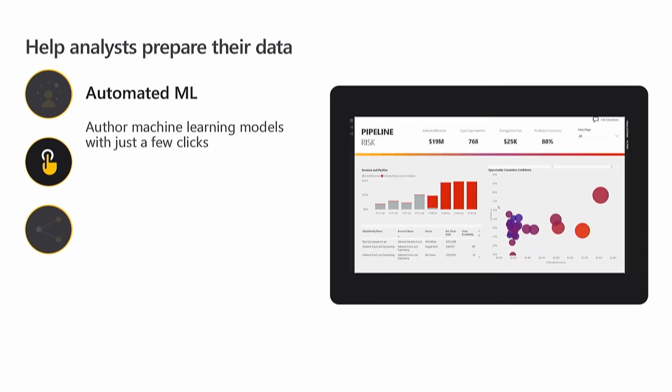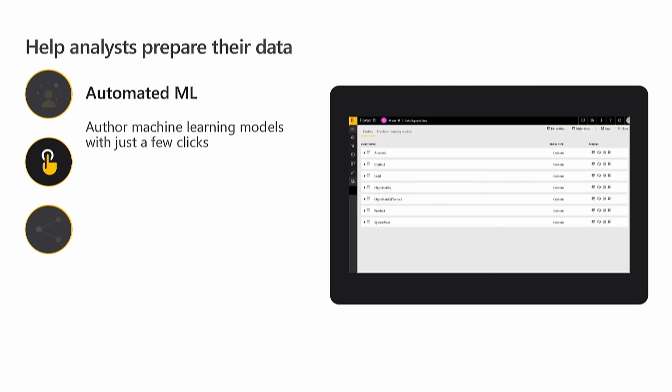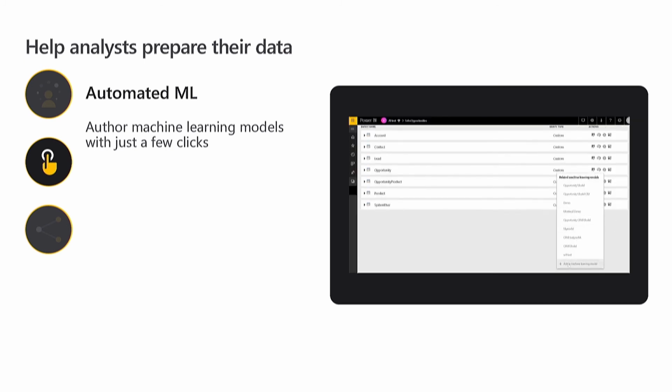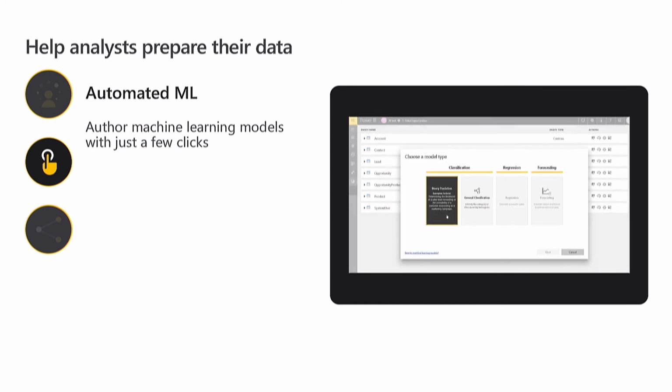I'm going to keep 30% back of it to actually test the model and see what happens. So what it's actually doing is it's taking the data that you've got, looking at the data, building a machine learning model for you, using your data, training it with your data, and then giving you the ability to look at it. So if we just go through it one more time, just so you can see it happen,